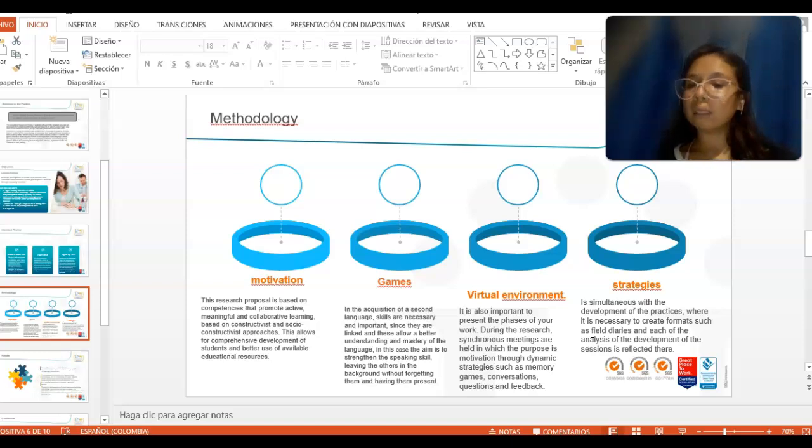And the last is stimulation with the development of the practice, where it's necessary to create formats such as field diaries, and each analysis of the development of the session is reflected there.